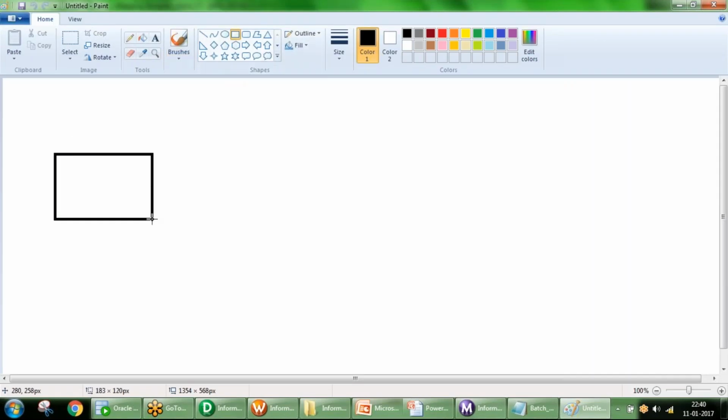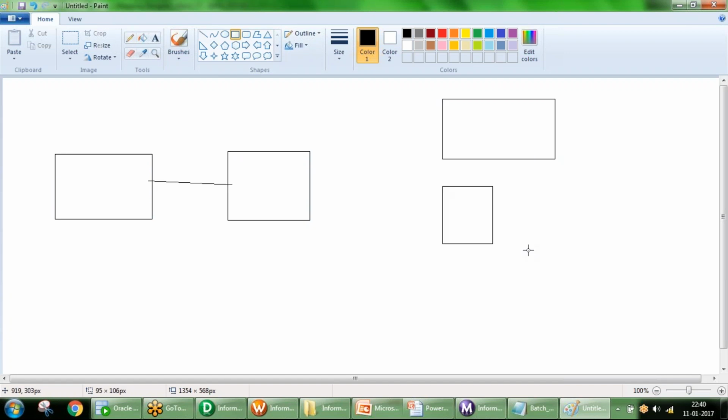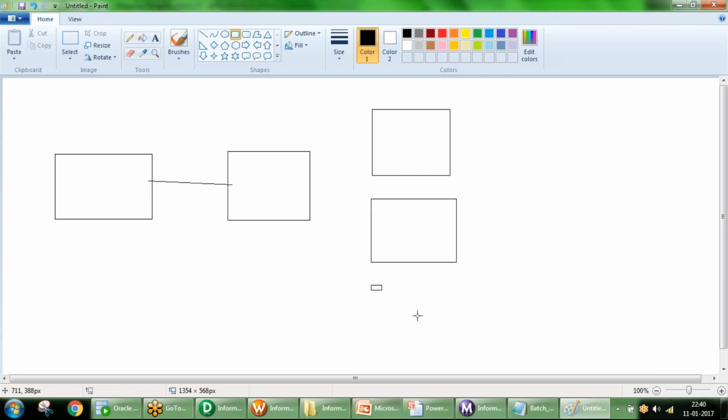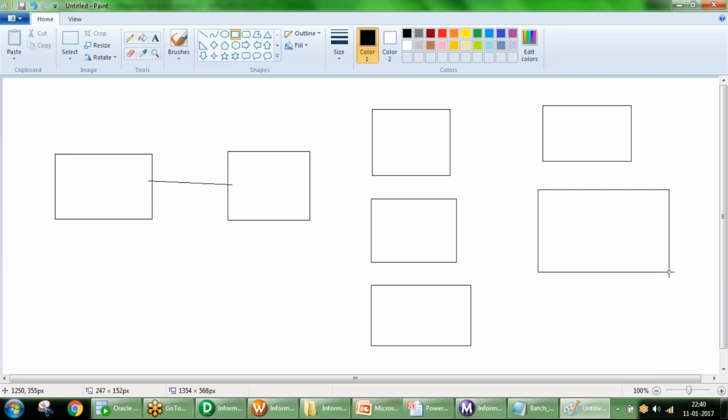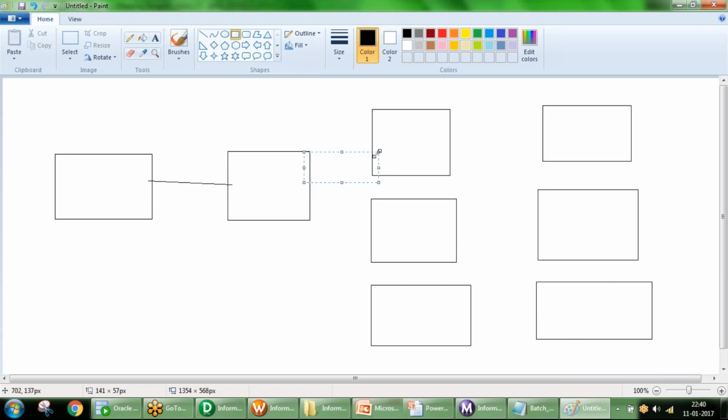Let's say this is our mapping. Source, then I'm going to have 3 filters here. Source Qualifier, then the first filter, second, third, and then the targets.